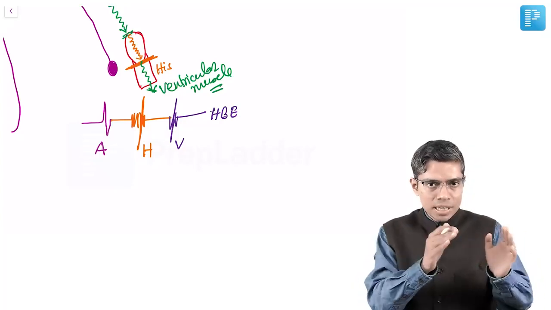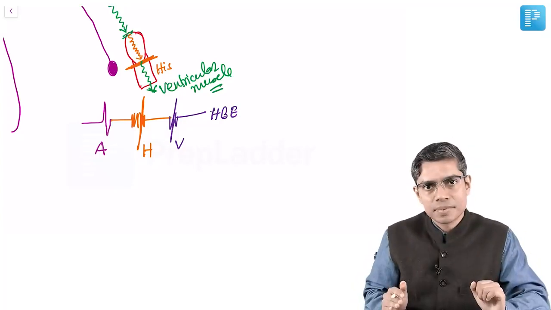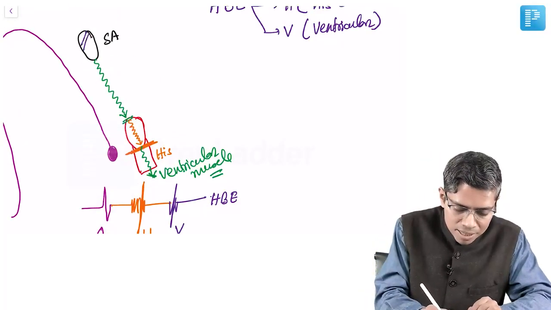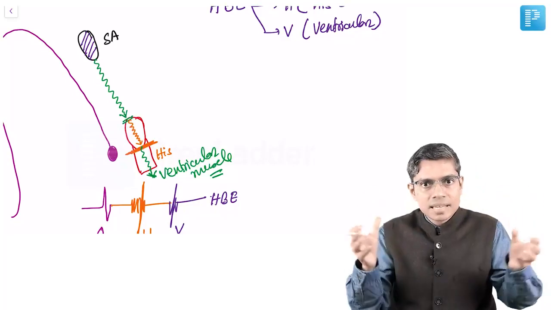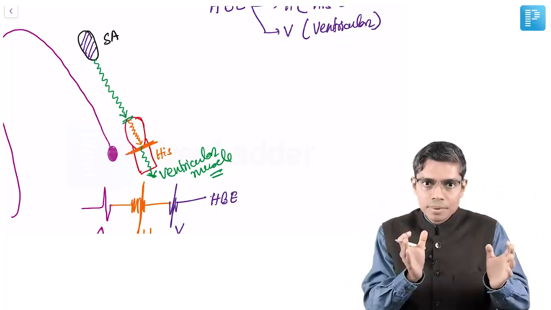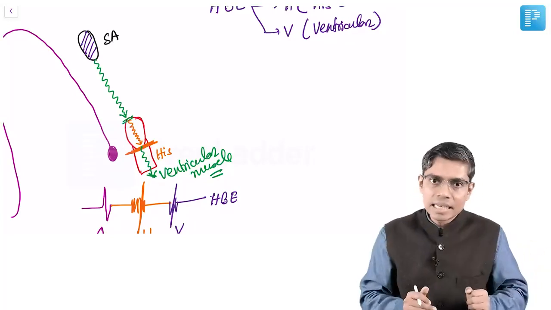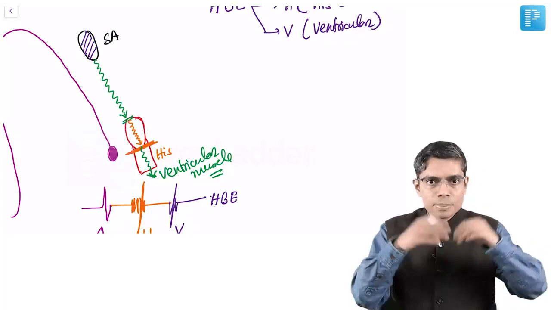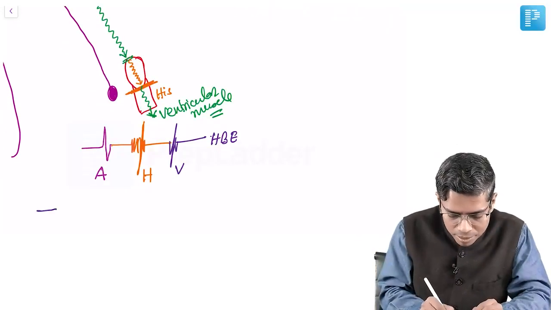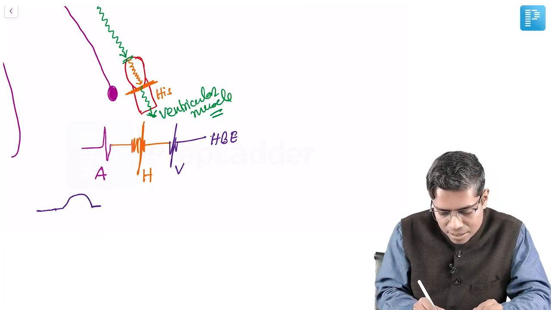Now I am trying to correlate this with normal ECG. Normal ECG means it will record the P wave whenever the SA node is starting activation of the atrium, right? So P wave will appear earlier than A wave, obviously, because P wave means starting of atrium depolarization. So P wave will start a little earlier than A wave, and then there will be a long no activity,